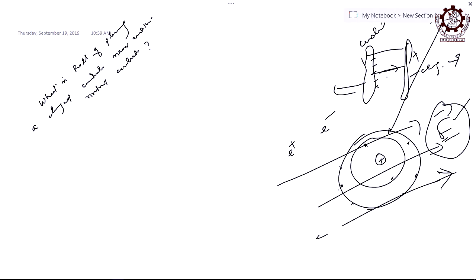So that is the induction, but still the body is neutral, right. Induction does not mean that it is totally charged. The phenomenon is induction, because of which the charges get separated out from the atomic level, so that negative charge comes to this side and positive charge goes to the other side, right. But if you take these charges to earth, which is a large potential body, then this charge will flow to the earth, right. Then if you take this body out, only negative charge will be there, there is no positive charge. Now you can tell this body is charged, right.